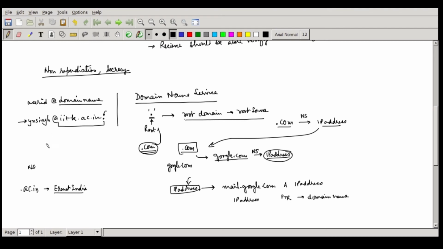Okay. So IIT Kanpur can have various kinds of machines. So we have machines like kasit.iitk.ac.in. We have MMTP. So we have created these entries in our name server, in the IITK name server. We have not gone to ERNet India. Only for iitk.ac.in we got an entry done.